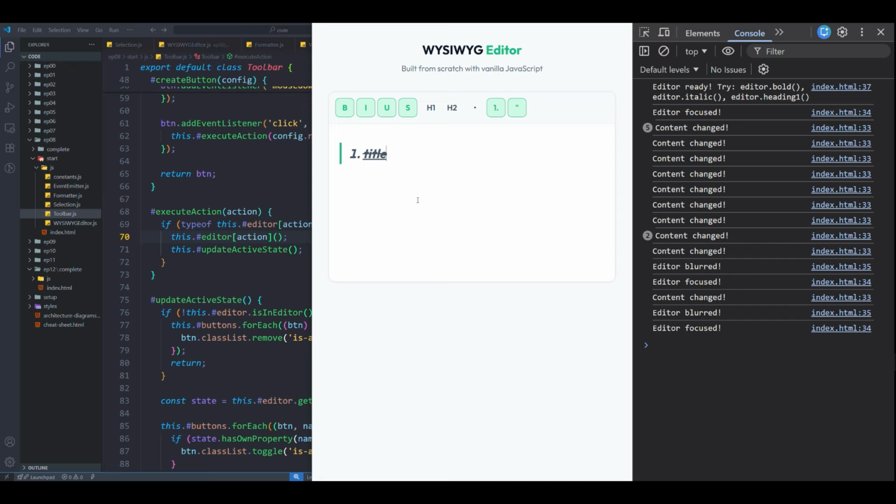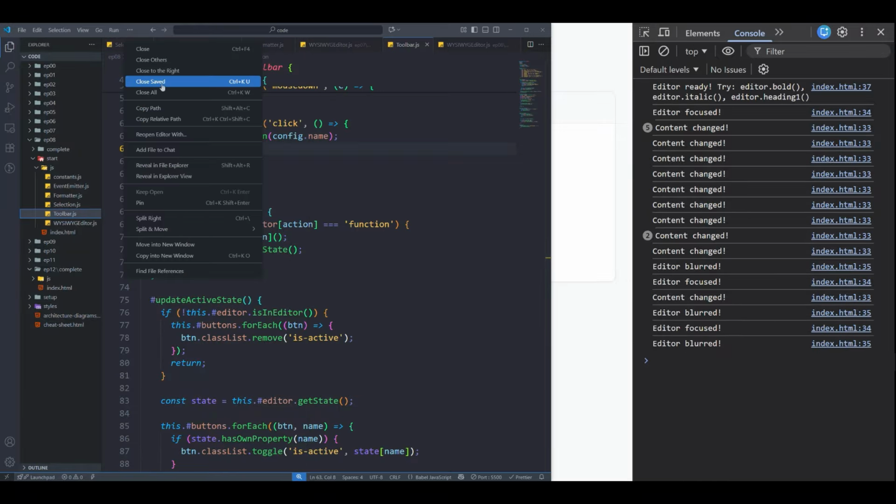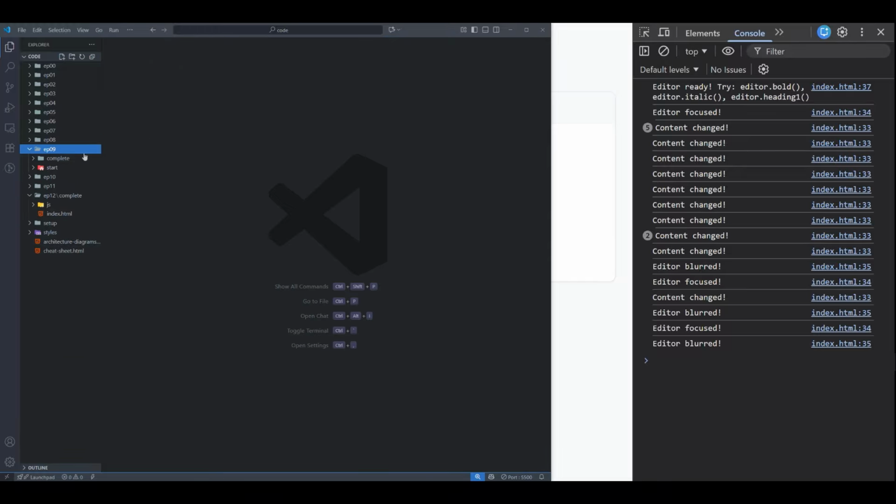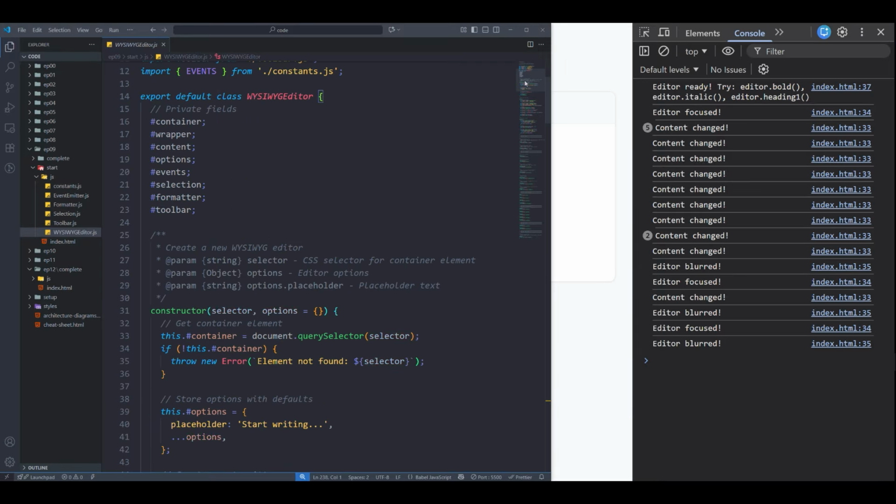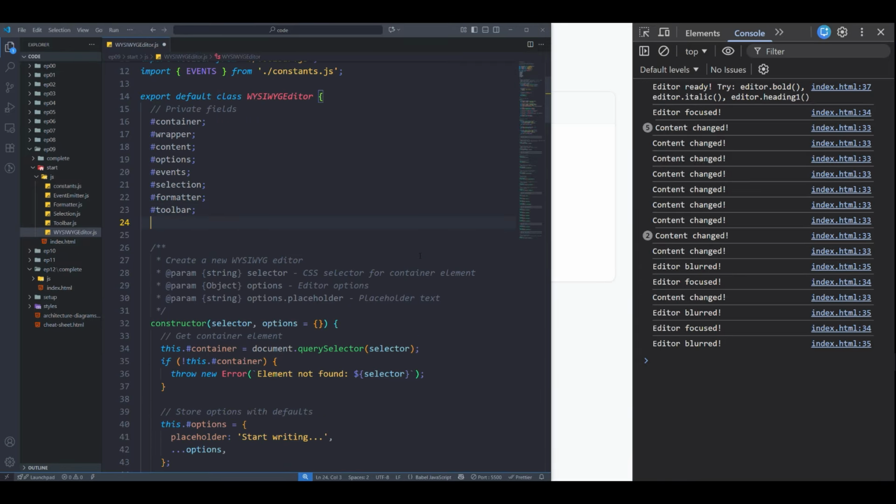Okay, in the last video we created the toolbar and the toolbar is working. Now let's work on the keyboard shortcuts. So I'll close all these files, open the episode 9 start file and the editor file. Now we will not create a separate file, we can just add all the keyboard shortcuts in here. So we'll add shortcuts